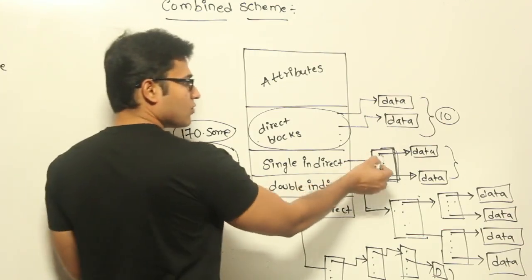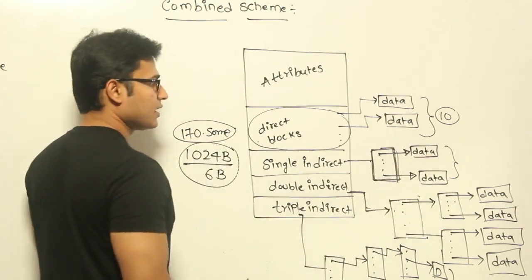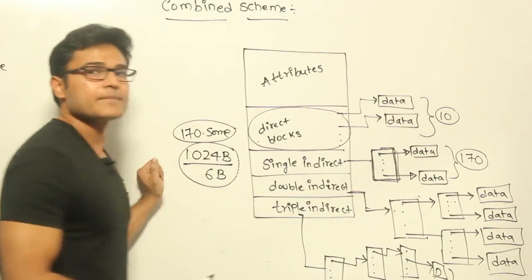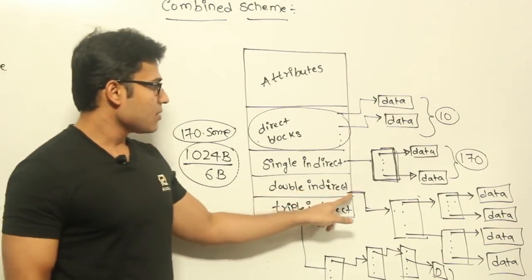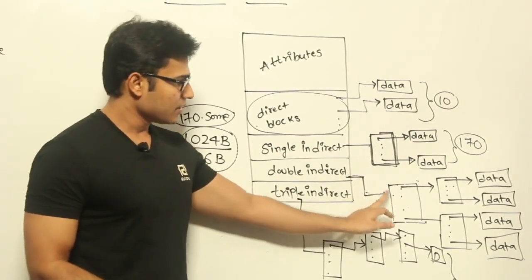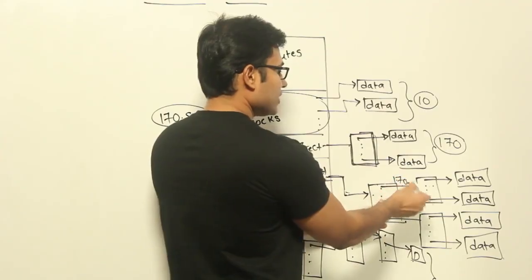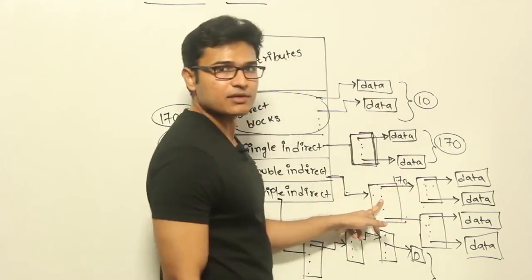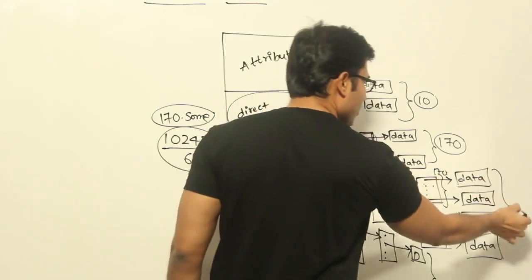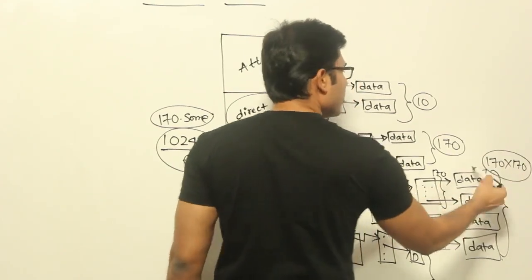So if it is able to store 170 pointers, then it will be able to point to 170 data blocks, right? Therefore here we are going to get 170. And now they are saying that one double indirect pointer is also there. Now if there is one double indirect pointer, which means that from here I will be getting one block. Now this one will be having 170 pointers, which means 170 blocks will be present here, and each block is going to give us 170 pointers,